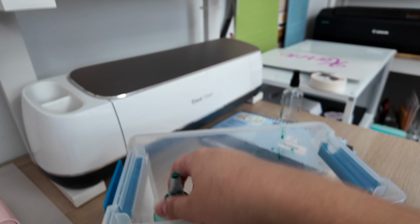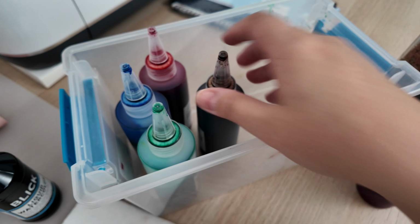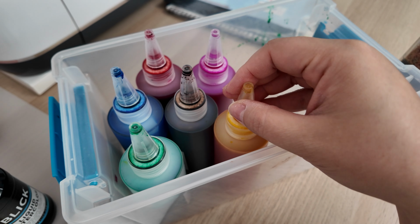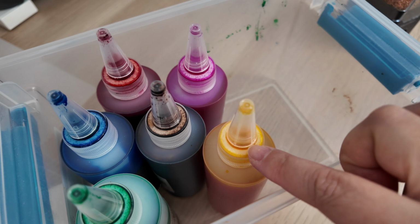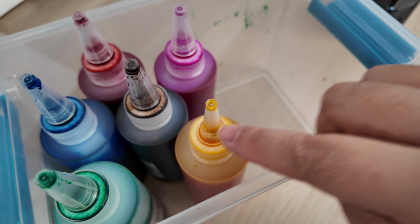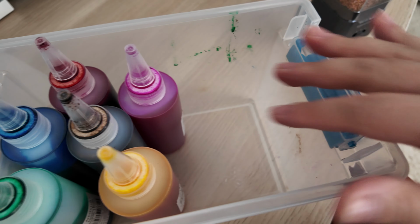All right, so let's go ahead and just package these up. So let's go ahead and just put these in the container. I realize that I do have to keep these bottles facing up because it does sometimes creep into the little gap. Sometimes it spills out of here and then it kind of catches inside this area. So I found that keeping it upright is the best, but since I do have a